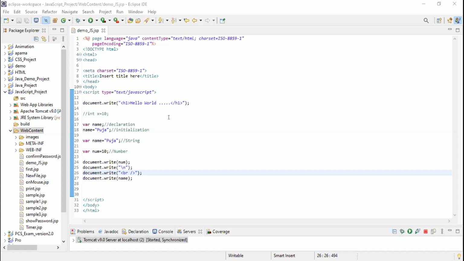Ma'am, I just used \t, which is tab, in the replacement of n, but it is not working. How can I use tab?